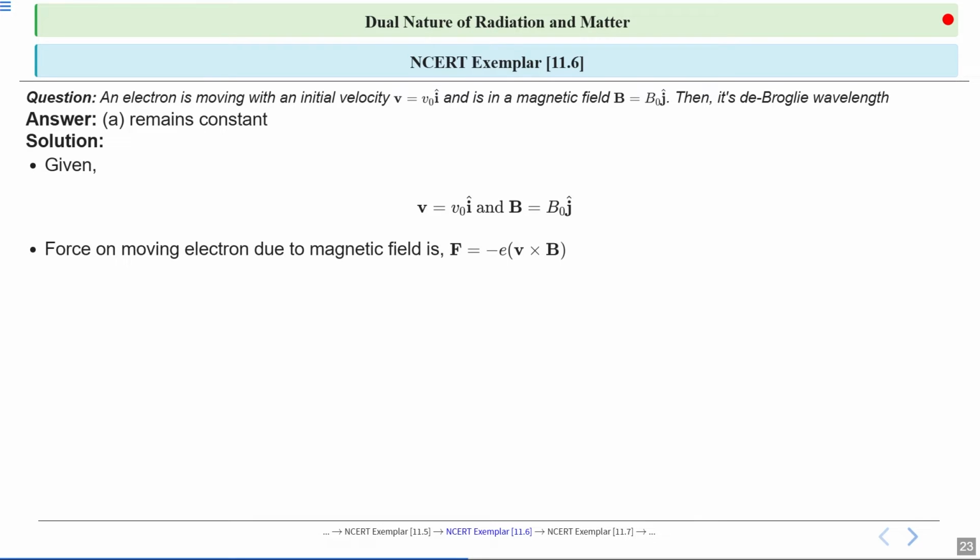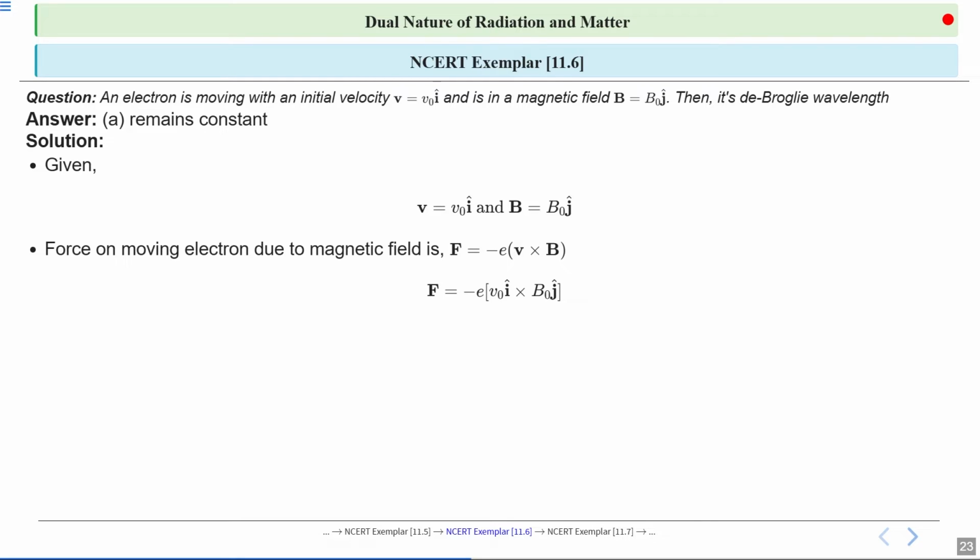So let's recall the formula for the force on a charged particle in a magnetic field, that is F equal to Q v cross B. Here Q is for the electron, so minus e, so F equals minus e v cross B. Here e is the elementary charge, that is the charge on the electron, and the minus sign is for the polarity of the charge. e is equal to 1.6 into 10 raised to power minus 19 coulombs, and the negative sign is because the electron has a negative charge. The cross product means the force will be perpendicular to both velocity and the magnetic field.